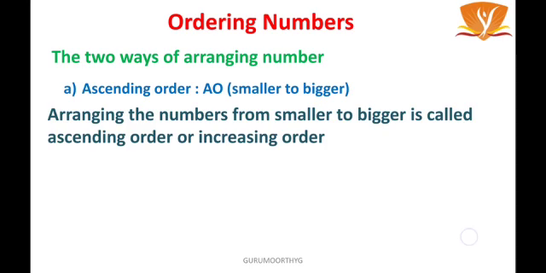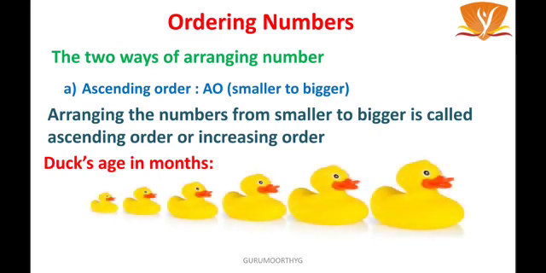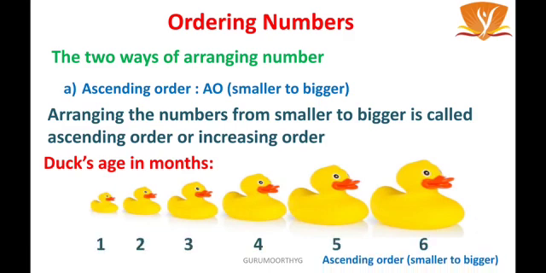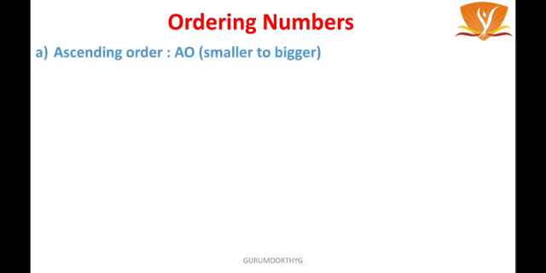Now, in our everyday life, we do need to arrange things in some order. You can see how beautiful these ducks look when they are arranged from smallest to largest, and this arrangement is called ascending order or increasing order. In ascending order, you arrange smaller to bigger numbers. Example 1,